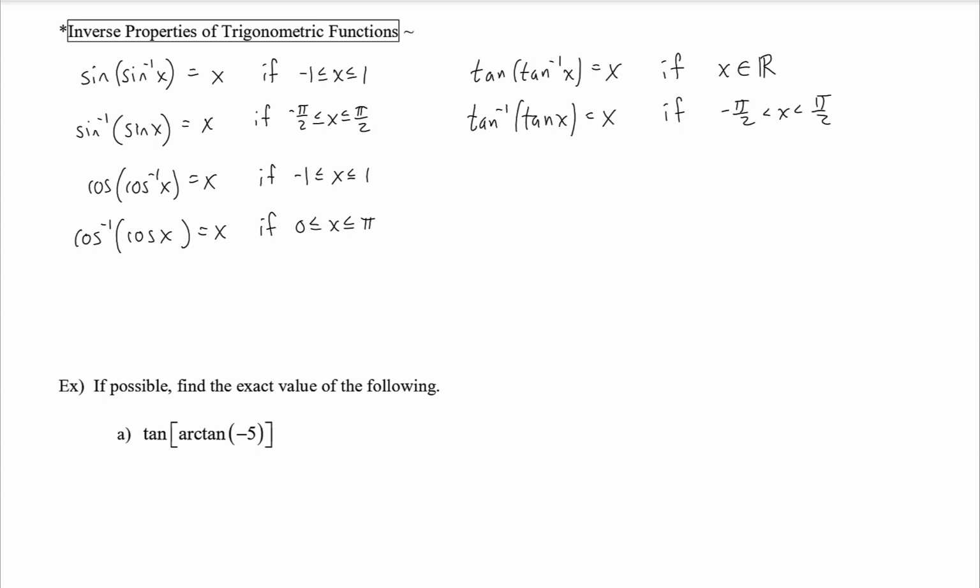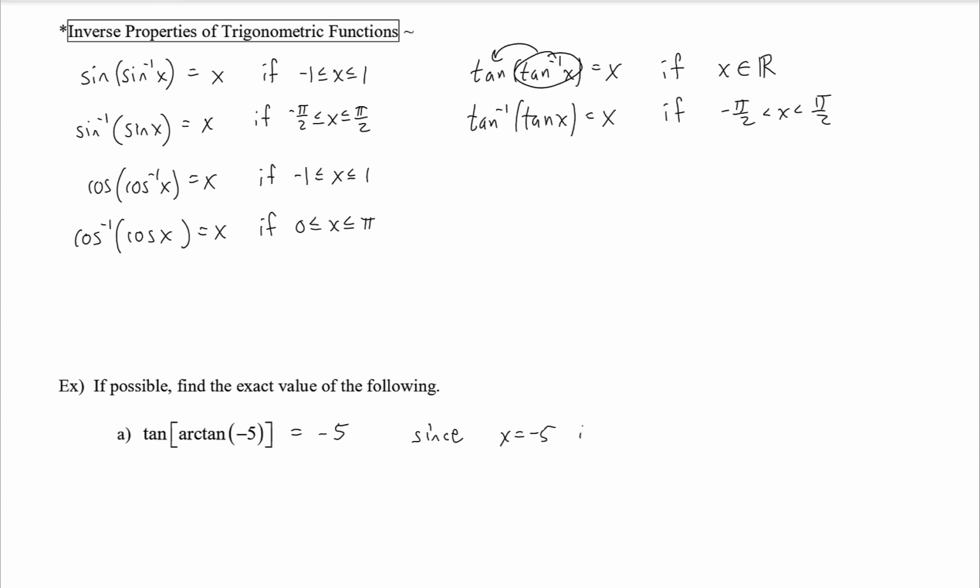Okay, so let's put those to some use. So I've got regular tangent here, and inverse tangent is being plugged into it. So inverse tangent being plugged into tangent, x can be any real number. Well, -5 is a real number, so that works. That's in the domain. So this output will be -5, since